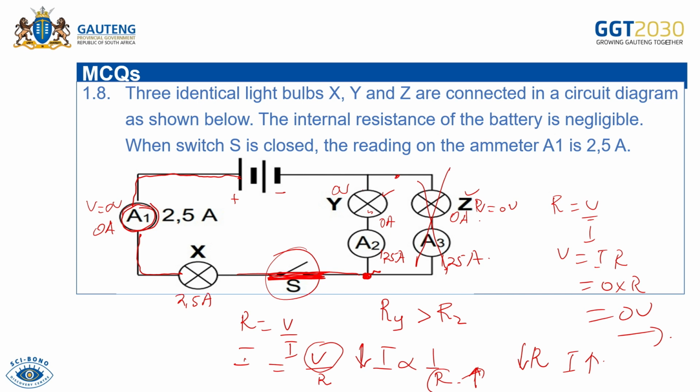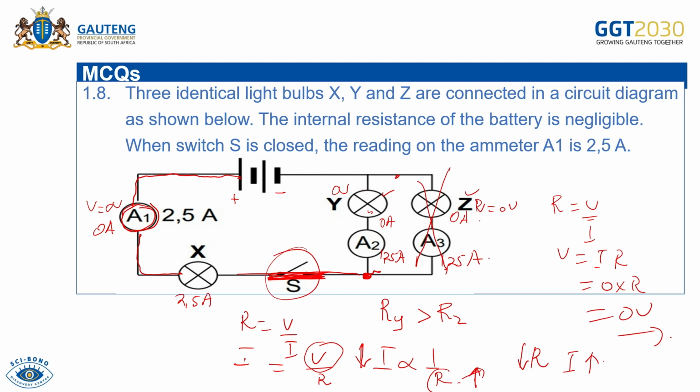So it burns out. So can you see that we are removing a bulb that is connected in parallel? Remember, the more we connect the bulbs in parallel, the total resistance of the circuit decreases, right? So if the bulb that is connected in parallel burns out or is being removed, what will happen to the total resistance of the circuit? The total resistance of the circuit will what? Will increase. Let me just give you an example. Let's say